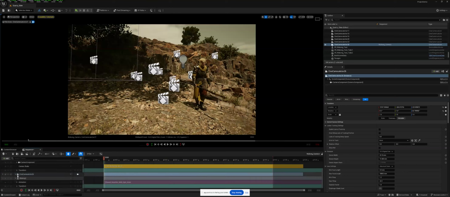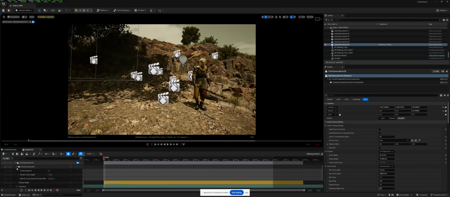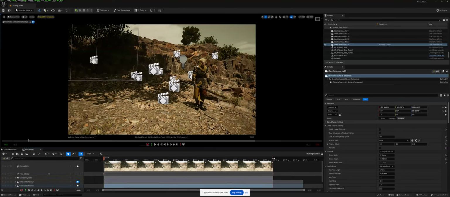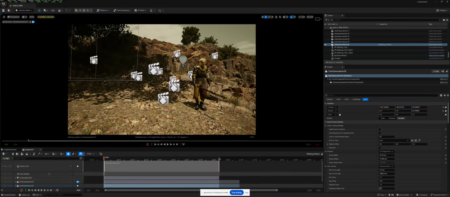So we have two cameras on this sequencer, right? So what we can do is press Control and scroll the